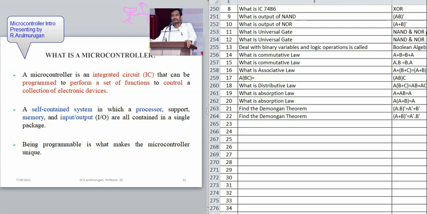Look, how do you walk? With the help of the legs, you walk. The leg is an output device. How do you take food? With the help of the hand. That is called input. Similarly, input and output. This is a controller. The controller is nothing but the brain. It takes the input and then executes the output.